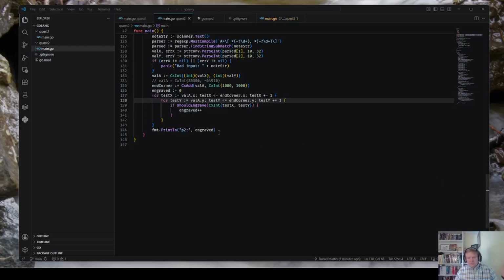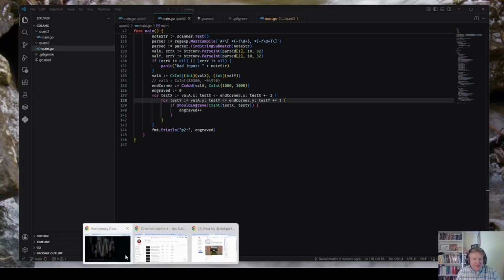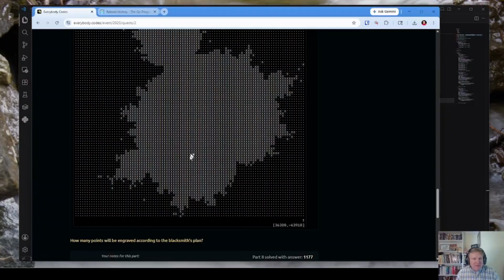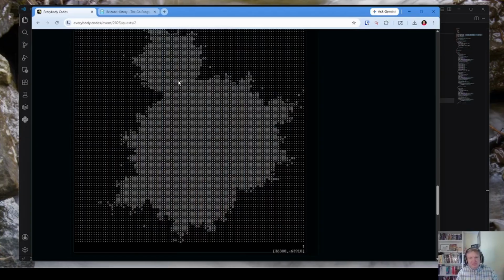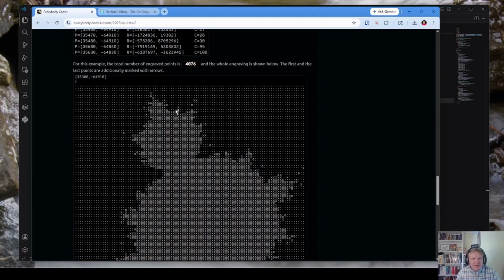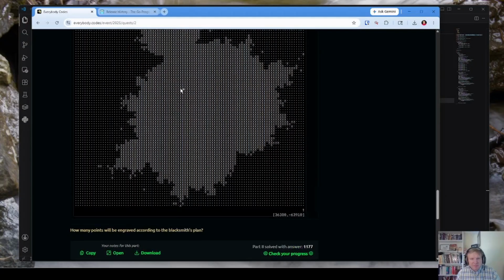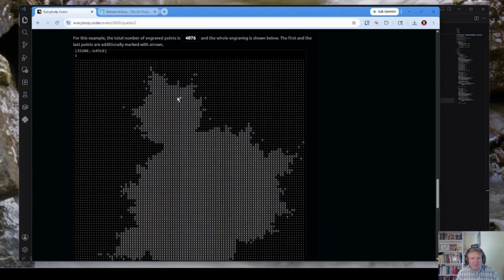So, actually, I'm going to add a little bit of content on. I was just reviewing the video so far, and it occurred to me that I really like this pretty picture they make here, and so let's try to make a picture like that, even if it's just something we have to redirect to a file and open Visual Studio Code and shrink down a lot in order to see.